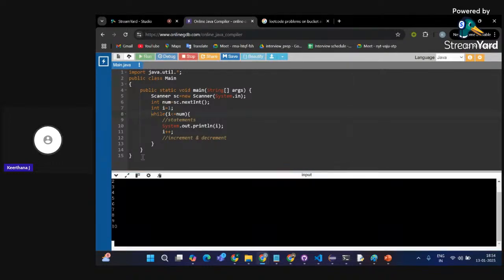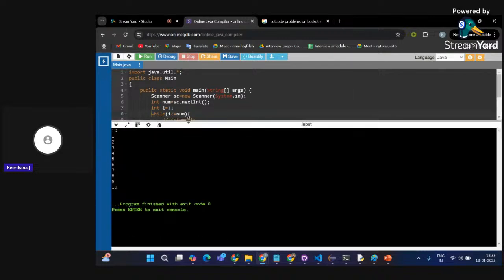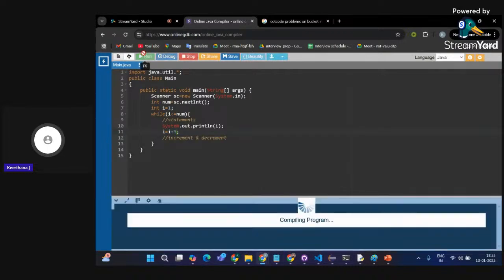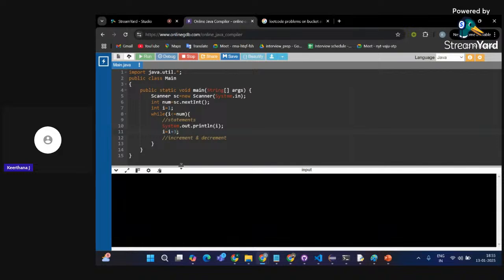So I'm going to give the same 10. It is getting printed. Here, it is not like you must increment by 1, you can increment by anything. I'm incrementing it by 3, so I'm getting this answer. So this is how a while loop works. I hope it is clear to you guys. For loop and while loop are both very similar in their operation. Both are literally the same. The one difference is, if you know the number of iterations, the iterations are fixed and you know beforehand, then better go with for loop. If not, go with while loop.